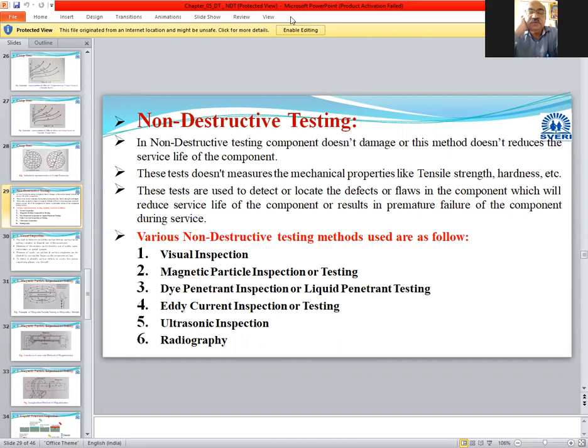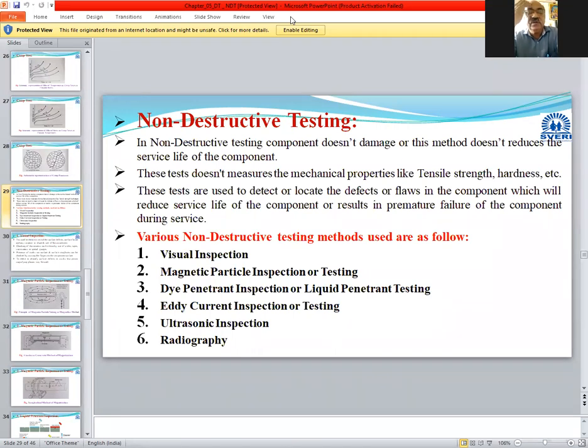So here, the types of non-destructive testing methods are: visual inspection, magnetic particle inspection, dye penetrant inspection or liquid penetrant testing, eddy current inspection, ultrasonic inspection, and radiography. There are 6 types of non-destructive testing: visual inspection, just by naked eyes, and magnetic particle, this is only used for